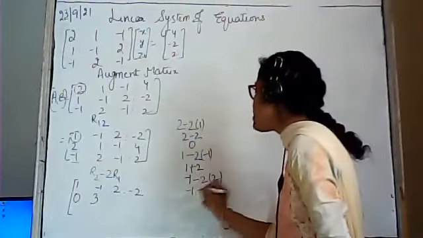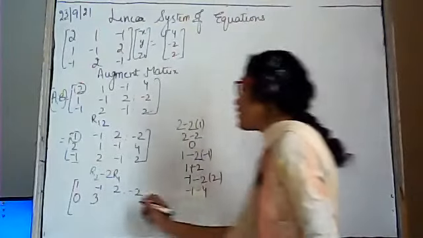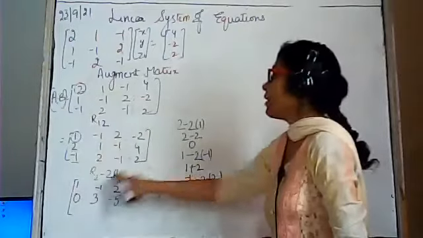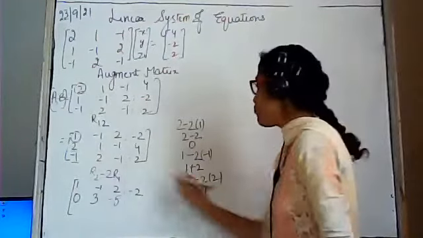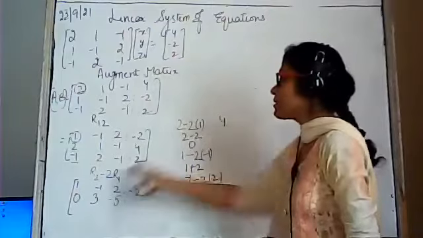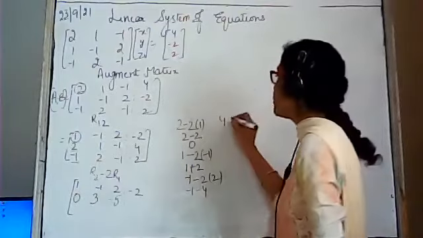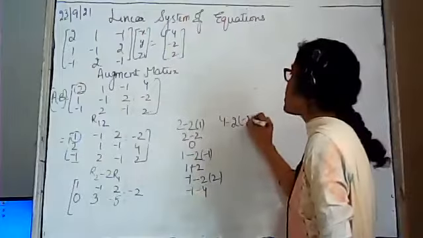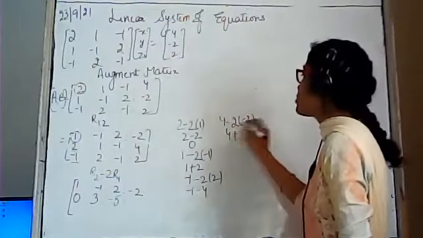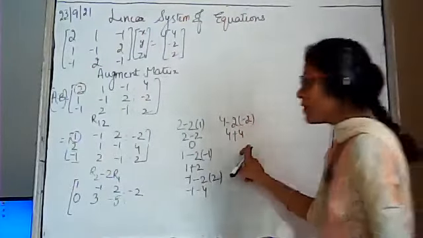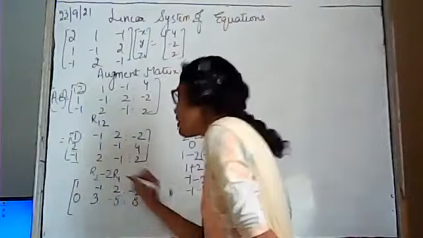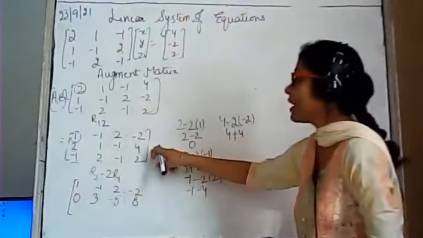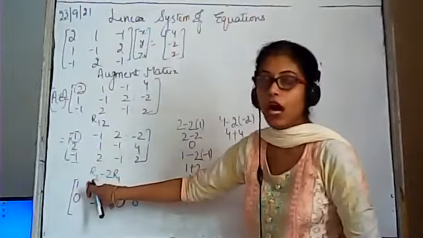It will be minus 1 minus 2 into 2 is 4, that is, it will be minus 5. After that, again the element of R2 is 4. It will be as it is, minus 2 times R1, and the element of R1 is minus 2. It will be 4 plus 2 into 2 is 4. It will be 4 plus 4, and 4 plus 4 will be 8. Okay, so in this way we are going to apply this operation in the row R2.